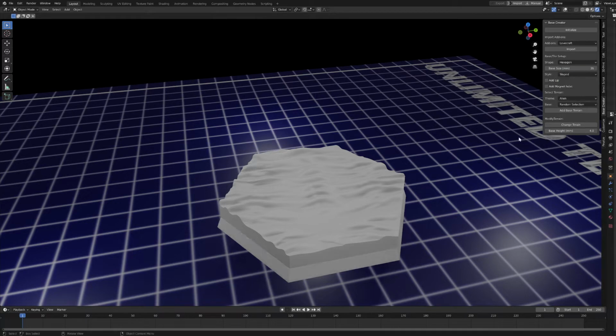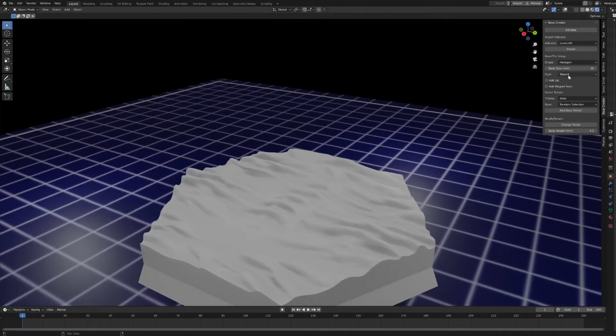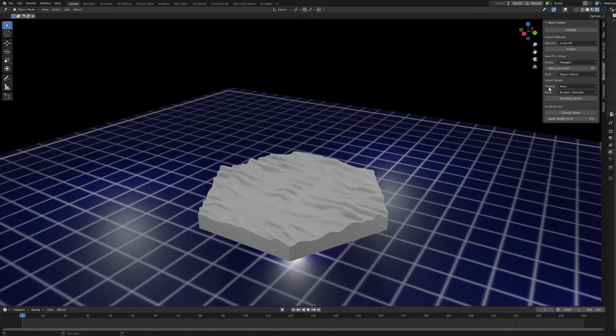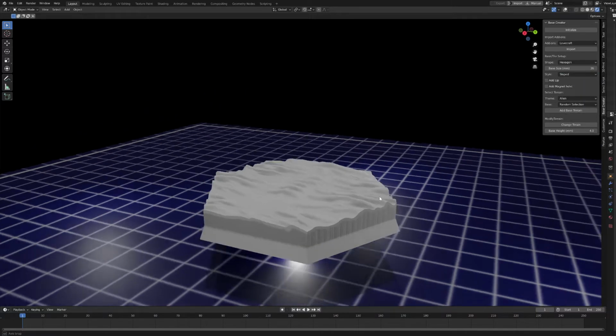I'm just going to leave it as sloped for now, and you'll notice in the original version, anything you could click or any slider you could mess with was always visible. I've tried my best to make things a little bit more user-friendly, which in this case means hiding options that aren't available. So if you just have it as topper, you'll see a few options disappear there. If we go back to sloped, you'll notice a few